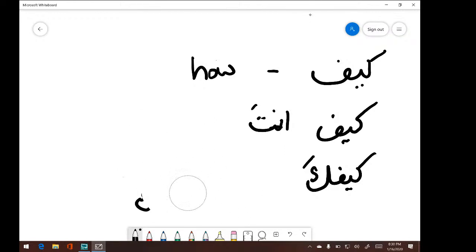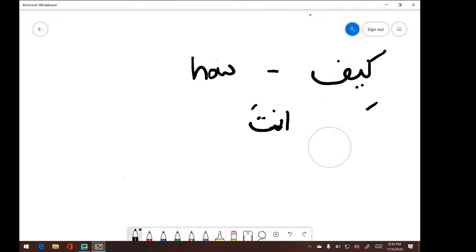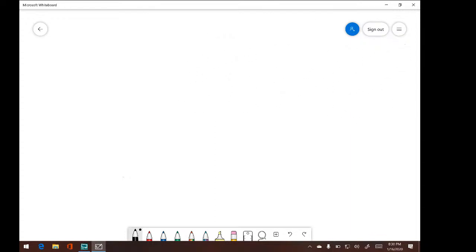Ma changes depending on the type of sentence. If it's a question, then the ma will be a question. And if it's a comment, then the ma will usually be a no. So the ma means what? What and no. What and no. Yeah, two different meanings. Okay, everyone turn to page 13.